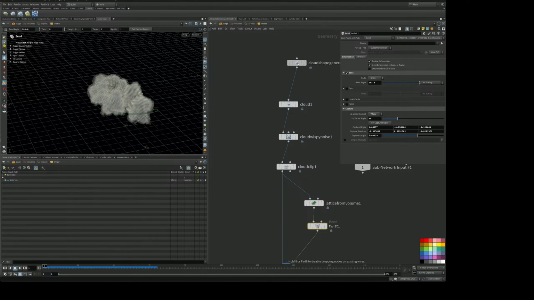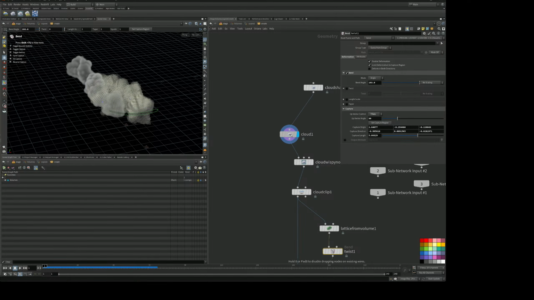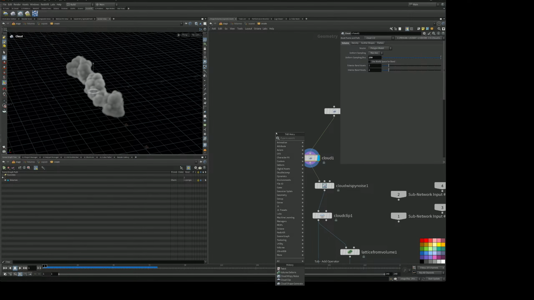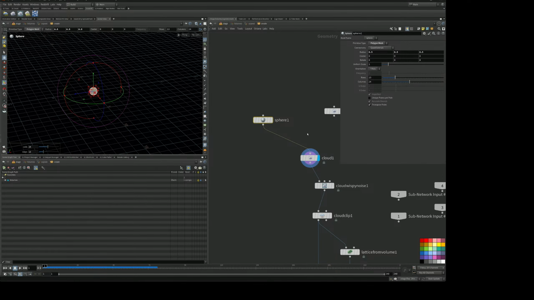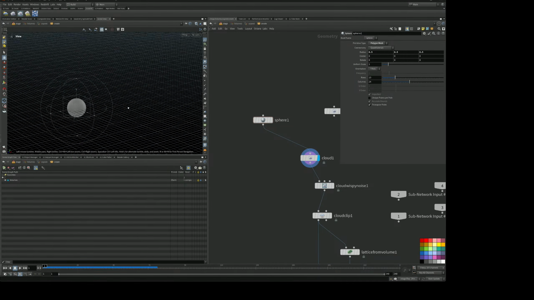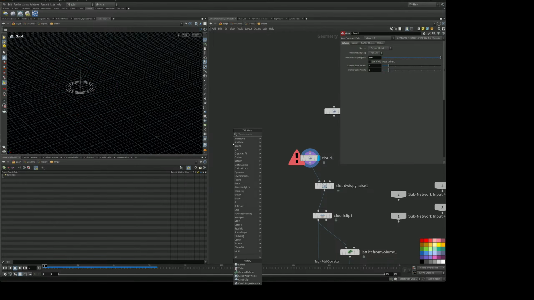I'm thinking, does the cloud normally just use any type of geometry? Yeah, so that's pretty cool. So you can even do like a